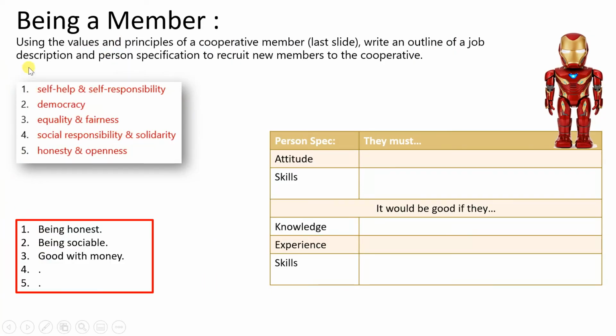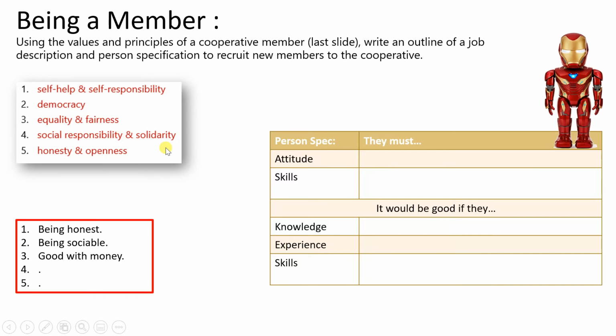Now we're doing the same thing, but this time we're looking at the principles of the cooperative, and you're going to compare these to the person specification that you read. This is all to do with the red colour codes. So there's a suggested red note at the bottom that I've made from the person spec, and let's compare that with the